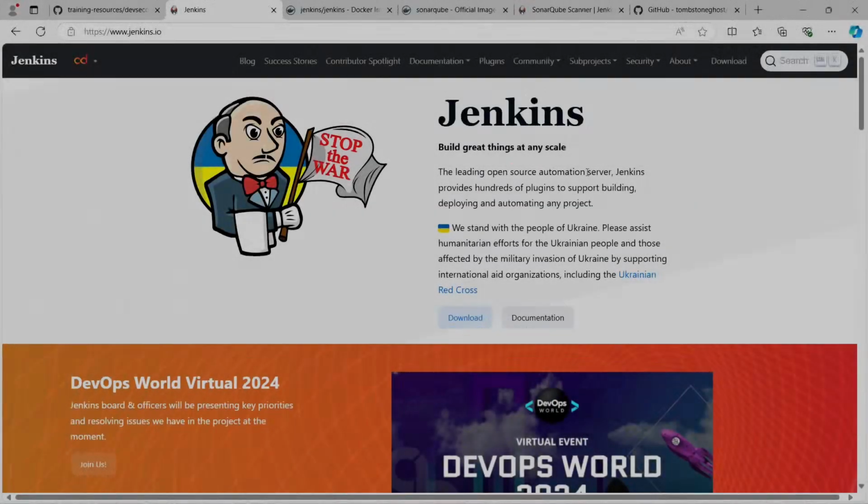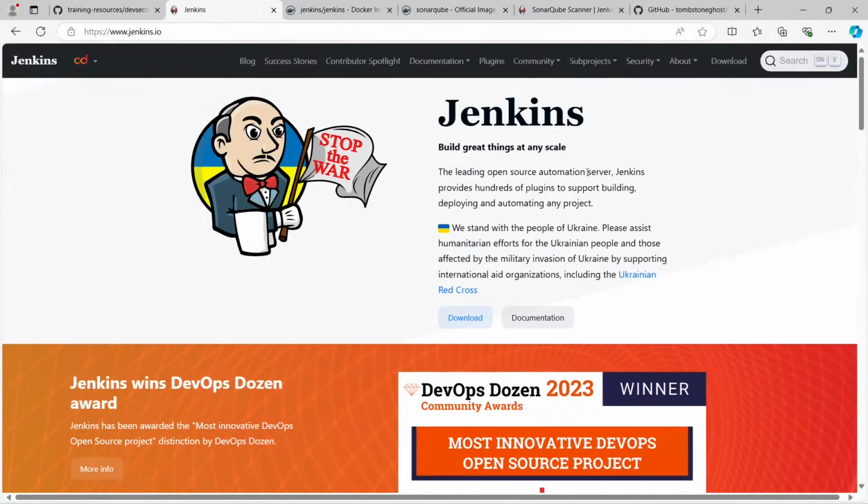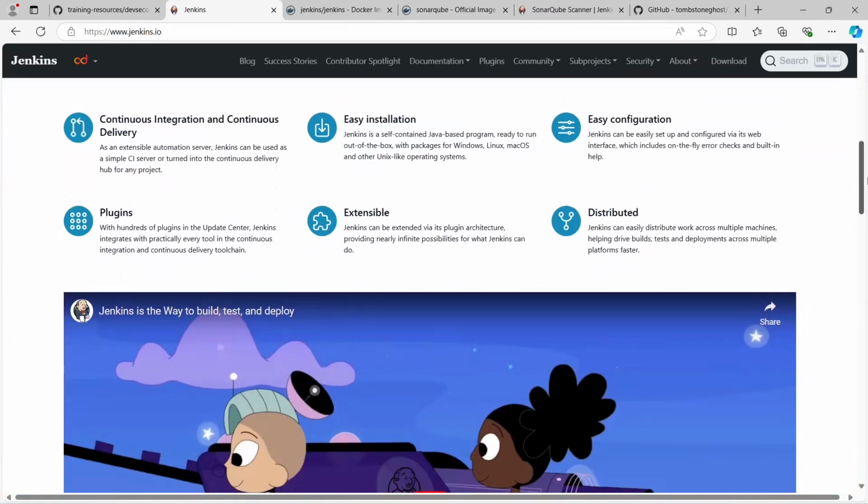Let's get started with the demo. So we have Jenkins, an open source automation server that supports several plugins. Jenkins can practically be used for almost any use case. I mean, almost any. So you can see it can be used for continuous integration and continuous delivery. In this particular case, we're actually using it for code scanning and code quality checks on any source code available,